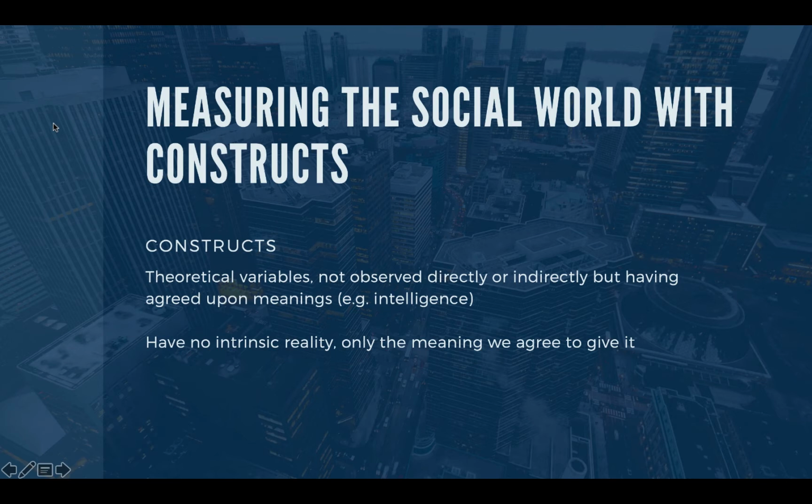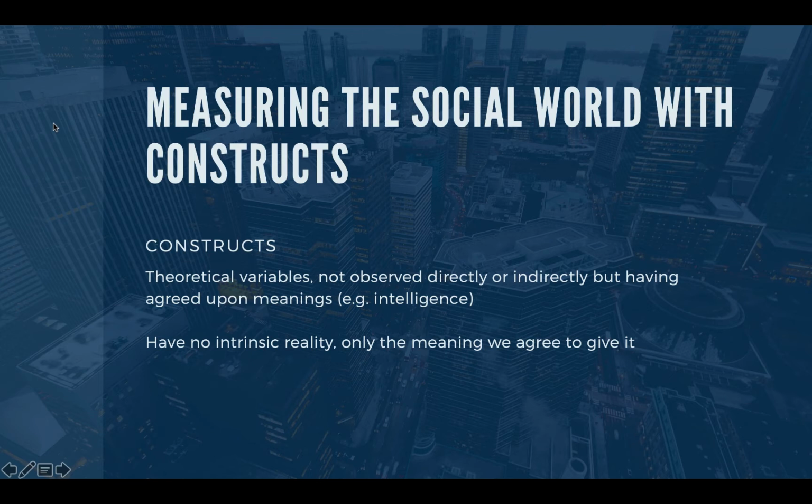They're theoretical variables that aren't directly or indirectly observed, but there's an agreed upon sense of what that looks like. Intelligence, for example. Do we know there's a hard measure for intelligence? The widely disputed one is the IQ measure, intelligence quotient measure. However, intelligence can be a lot of different things. It could be the IQ measure. It could be street smarts or common sense. Intelligence isn't just about education. It could be about familiarity with something. It could be about ability to learn new tasks and pick up new concepts. So intelligence, we can get a sense of what it looks like, but various people may look at it differently.